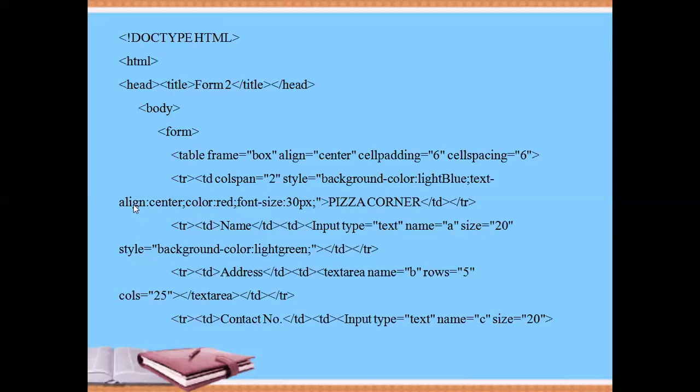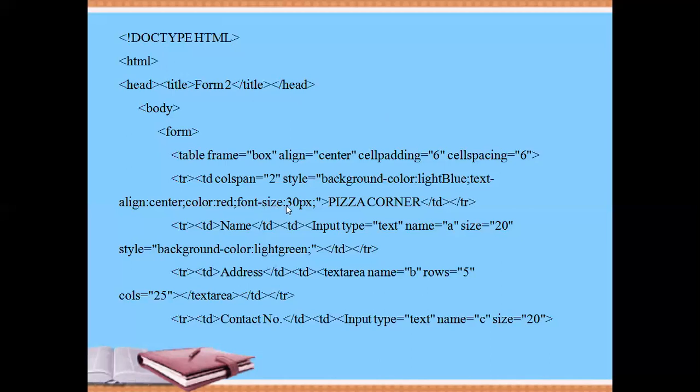When you are giving alignment in CSS, the property is text align colon center, left, right, any one out of the values you can mention here. Color colon red. This is for the text color, but don't say text color or font color. The property in CSS is color colon red.